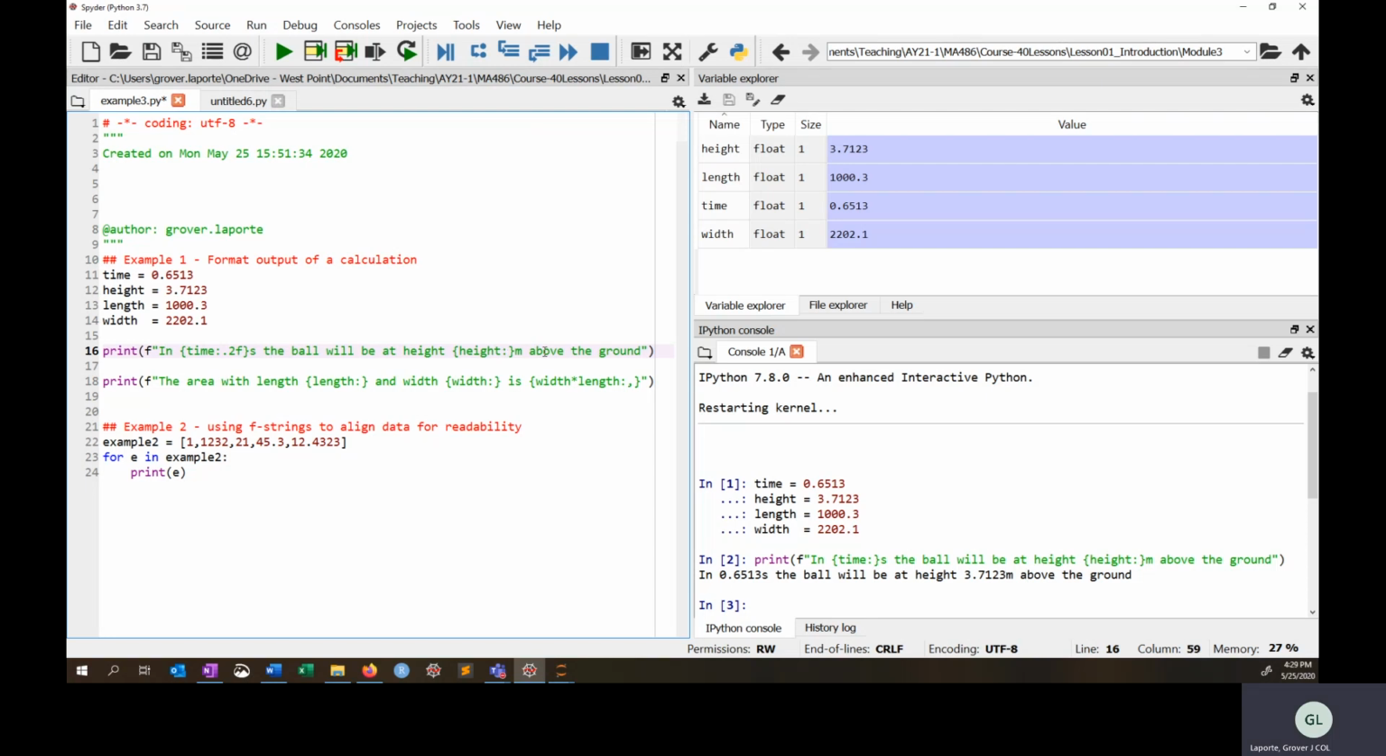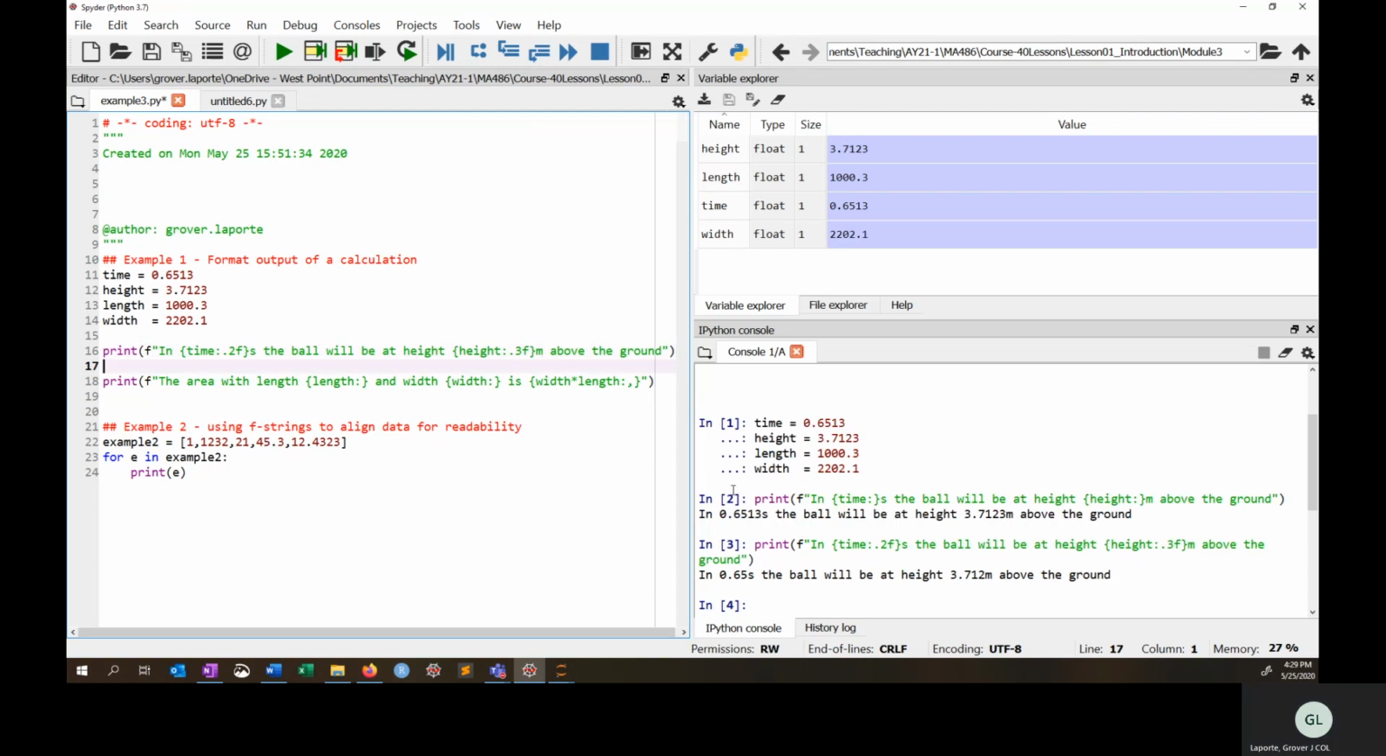Maybe this one is also, maybe we want 3 for the height, and F9. And then what happened was it took the time, and then it changed it to 0.65 and then 0.3. So that means it had 3 of those. And maybe you want to have a space after your,